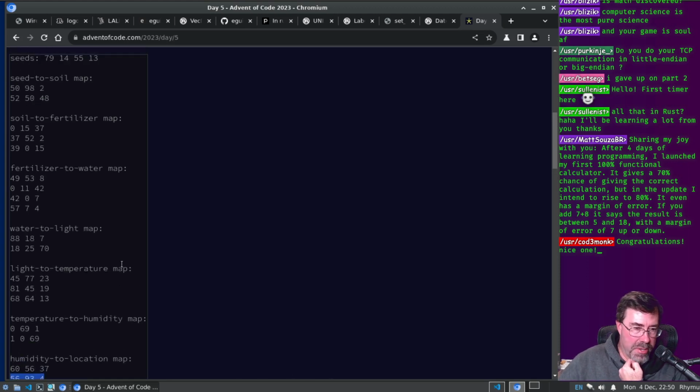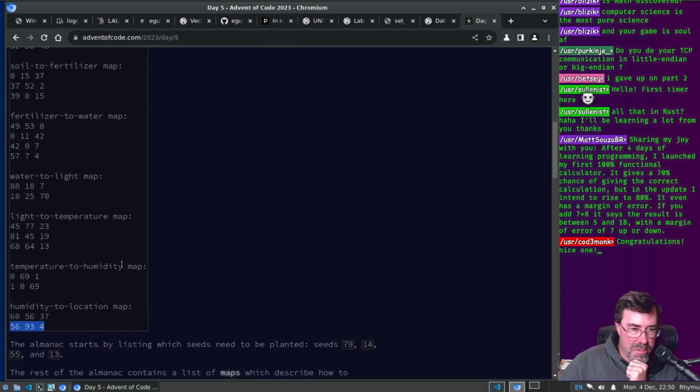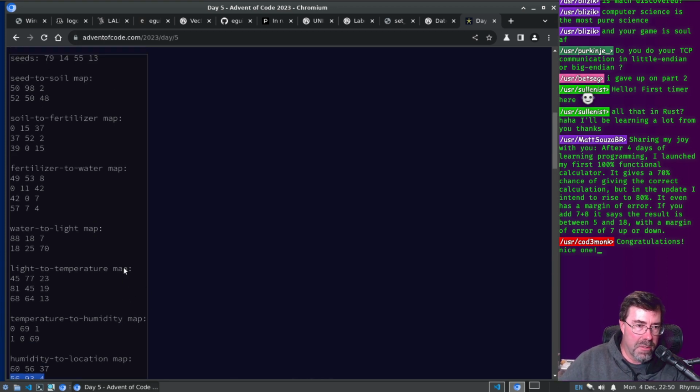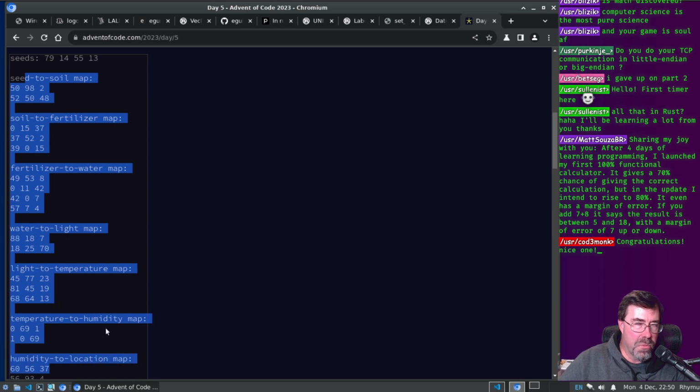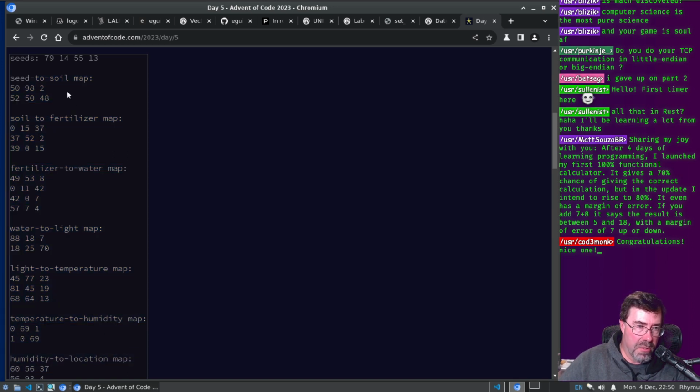How else could you shortcut this process? Problem is that we had billions, literally billions of numbers to transform, and although there's only 7 transformation steps, maybe you could accelerate it by collapsing the steps together. So you could take these 7 maps and make them into one map with a lot more ranges, right? So maybe, but that would have only sped it up by a factor of 7. So that wouldn't really get you a big improvement.